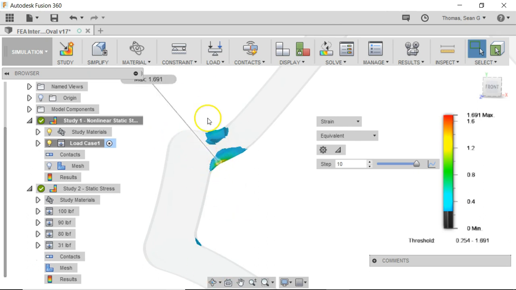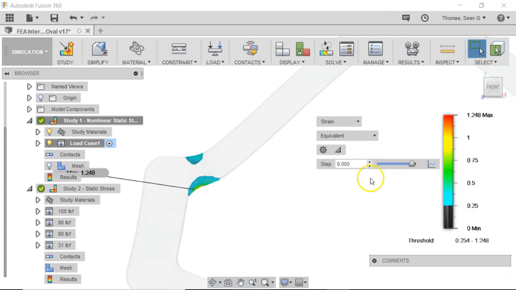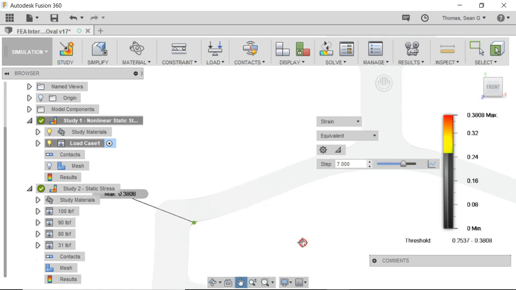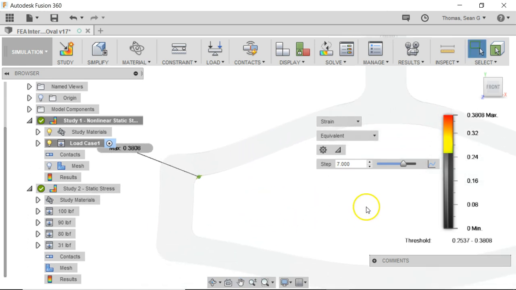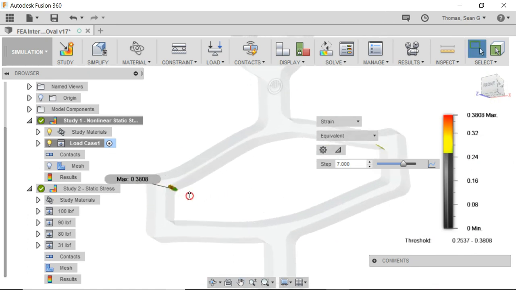We would undoubtedly have catastrophic failure at 100 pounds here. So if I want to guess about when this part will fail, I'll just walk through the steps until I think we've seen enough strain above the 0.25 mark that it would cause failure. So if I go to step 7, which is 70 pounds, we really don't see many elements at all above